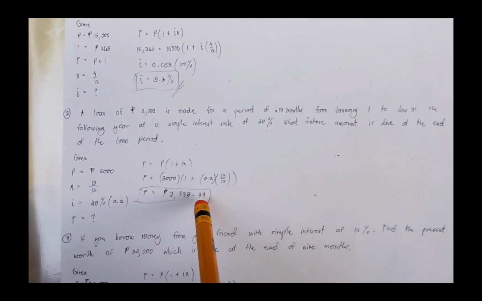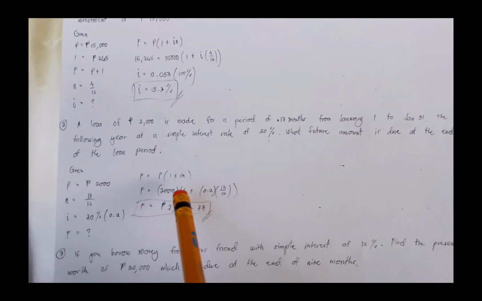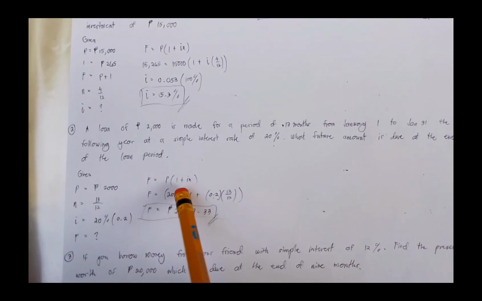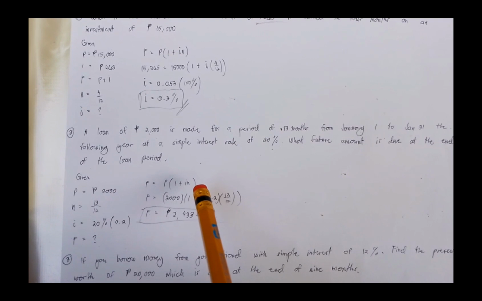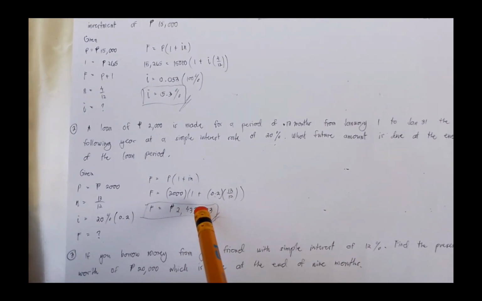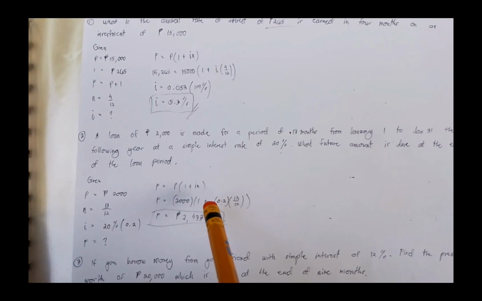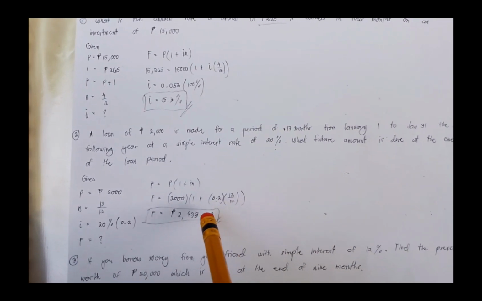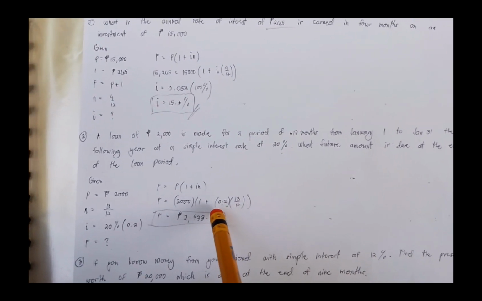So using the formula of simple interest, F equals P times the quantity of 1 plus IN. So F is equal to 2,000 times the quantity of 1 plus 0.2, that would be our 20%,